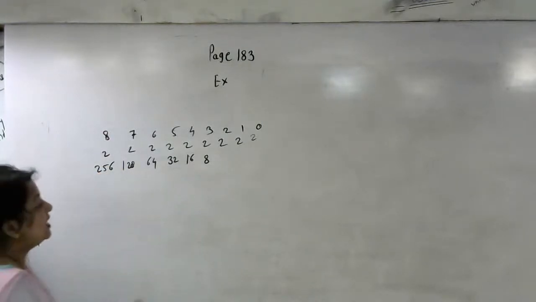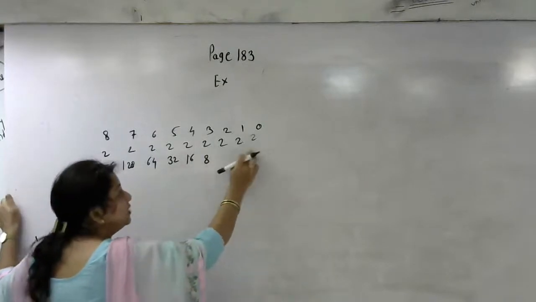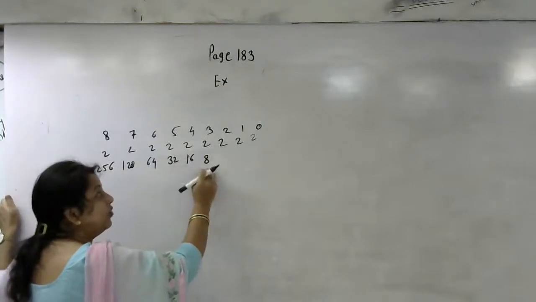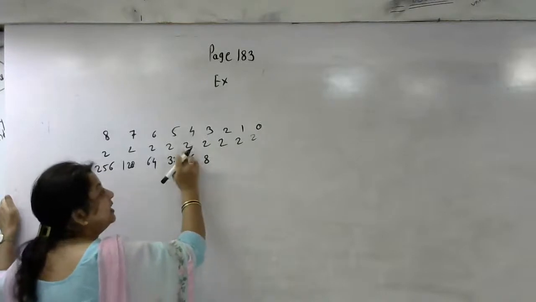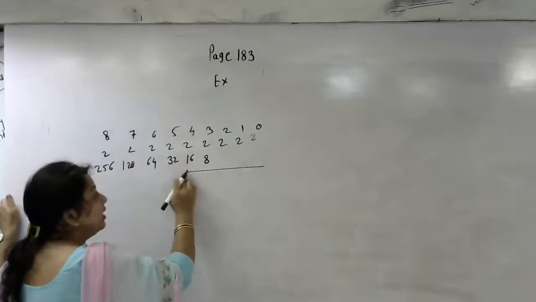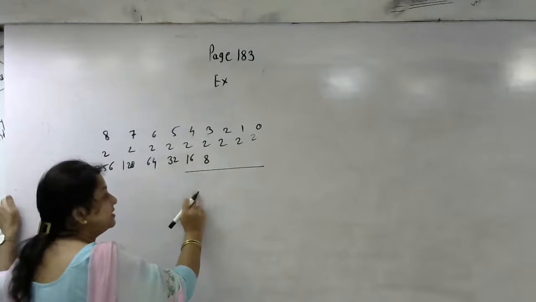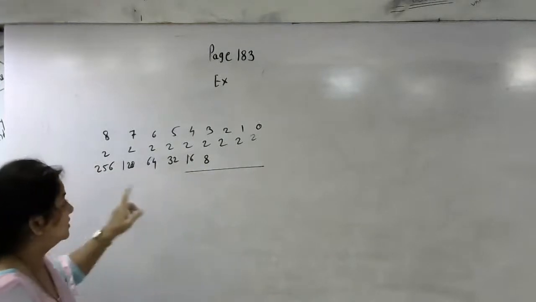Okay. If the code is a 4-bit code, then how many characters are we able to encode? Only 16. If there is a 5-bit code, then we are able to encode